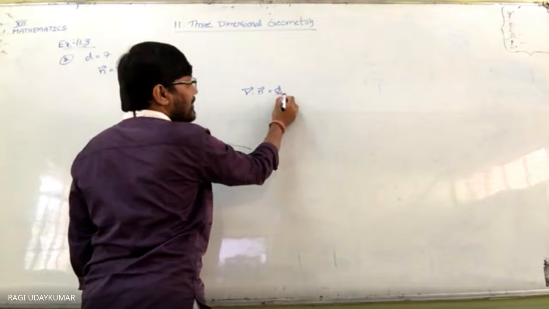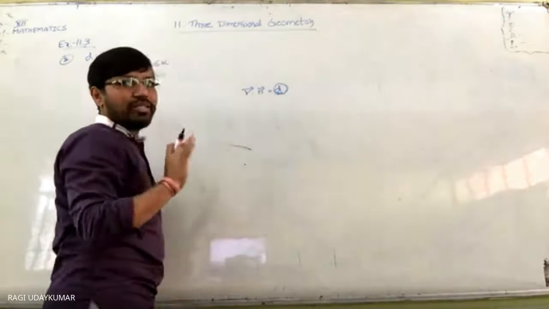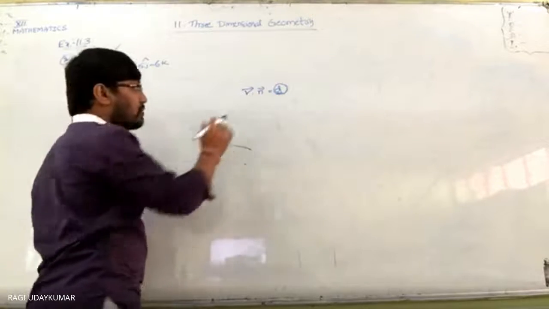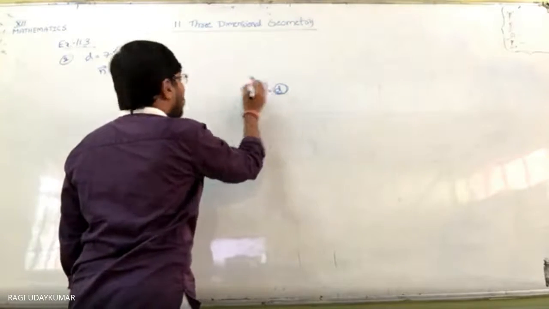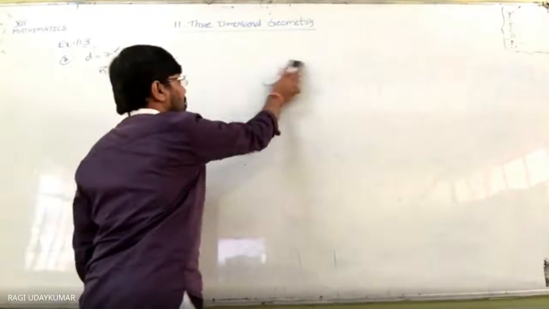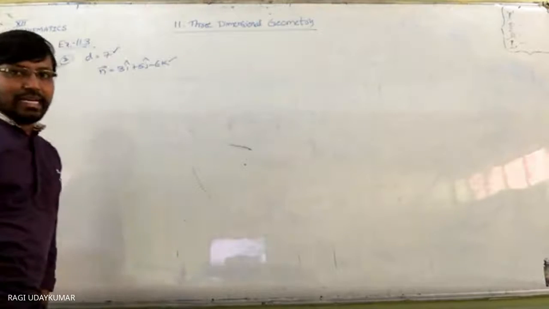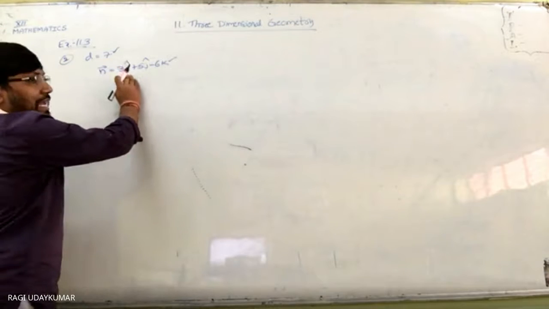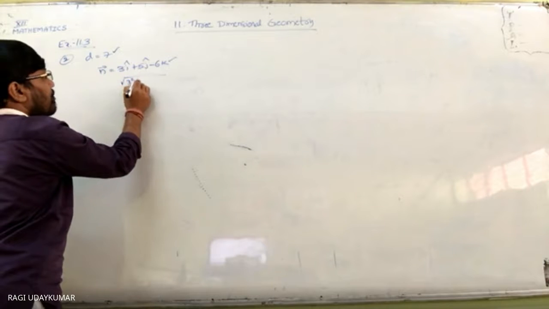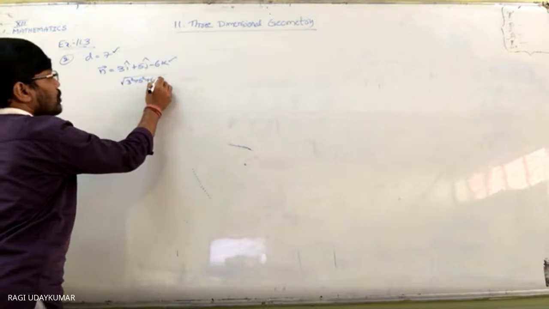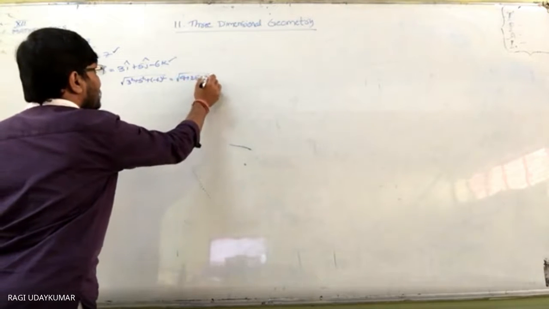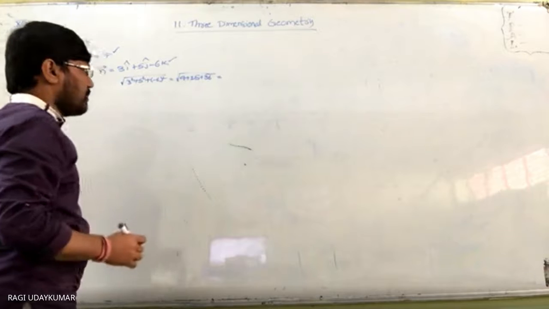If you write this, d is not the distance from the origin, but the distance from the origin is given to you. So that's why this should be n cap. This is a unit vector. Find the unit vector in the direction of the given vector. The magnitude is under root of 3 square plus 5 square plus minus 6 square. So under root of 9 plus 25 plus 36. What do you get here?